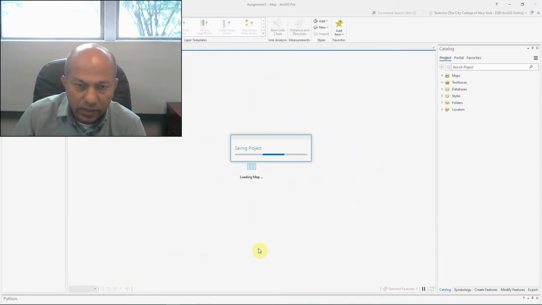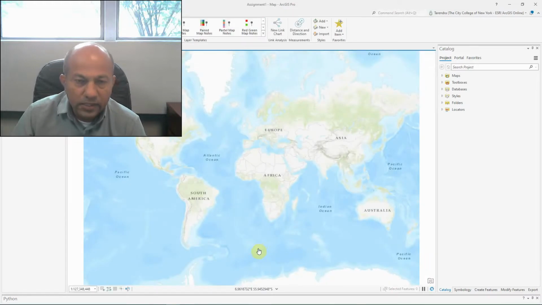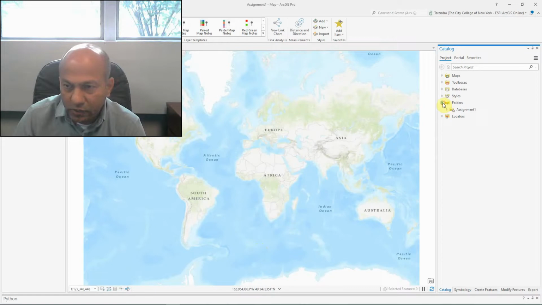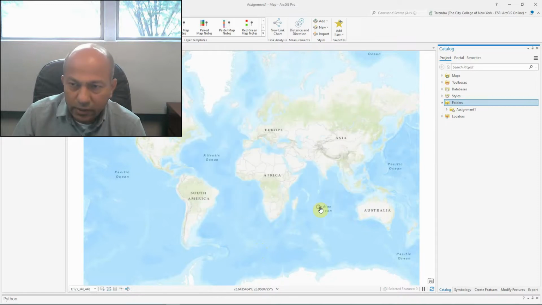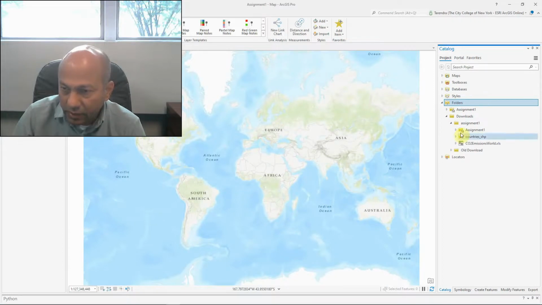Once you click OK, the next thing you have to do is connect the folder, right? If you click on this folder, you will not see the assignment folder, or it doesn't have datasets. So what I will do, right click here, add folder connections. Under the download folder, click OK. Now you have the download folder appear here, assignment appears here, and under assignment here appears a shape file